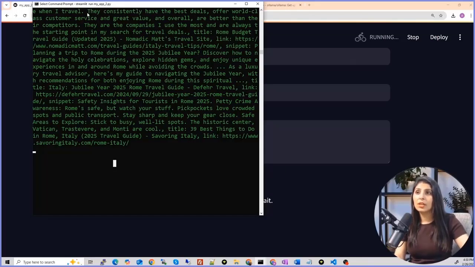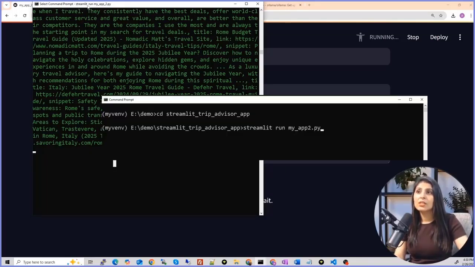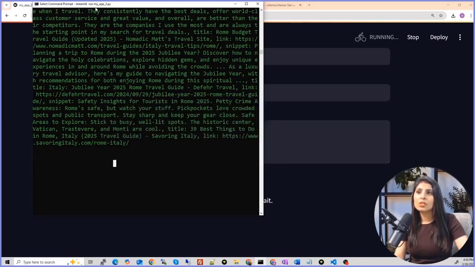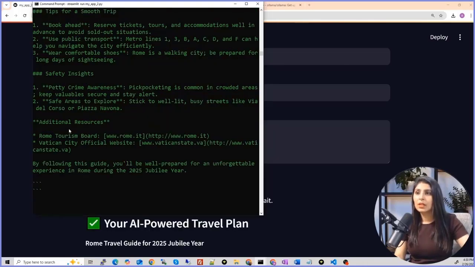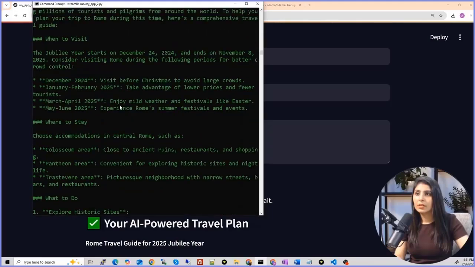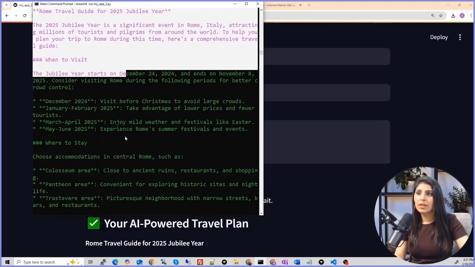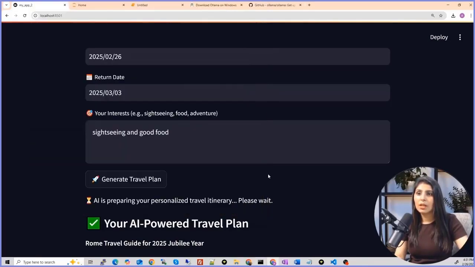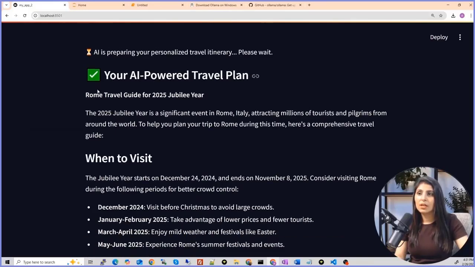Guys, sorry, I missed one thing. To run this code, you will write streamlit run myapp2.py. So this is how you run applications in Streamlit. Okay. See, everything you get over here. This is the final output, and here on the screen you can see the travel plan by this AI powered trip planner.